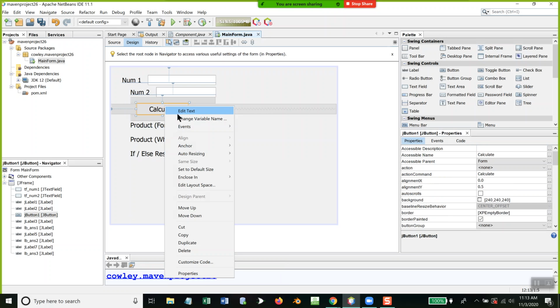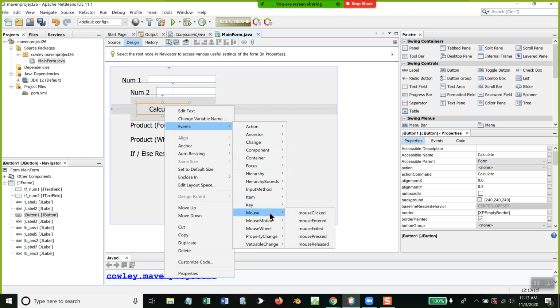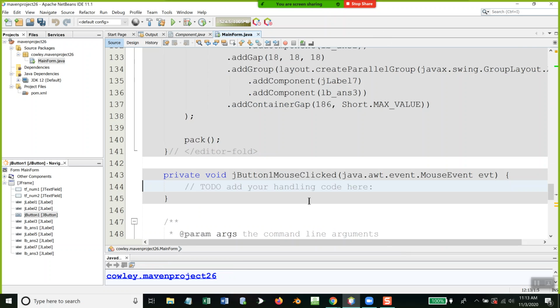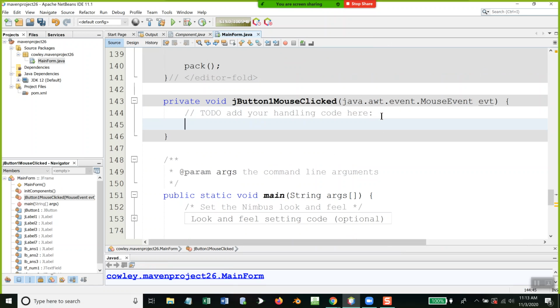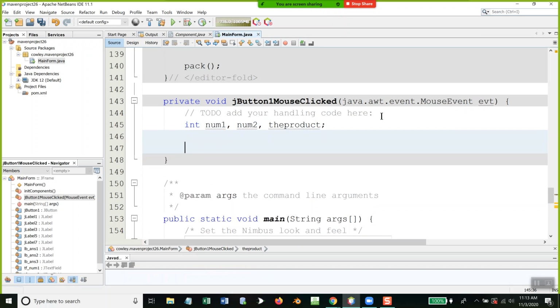Okay, so right click on this one, choose events, mouse clicked. Okay, I'm just going to work with integers. Let's make it a little bit easier. Num1, num2, the product. Guess that's good for now. I need to bring in those values. So we'll say num1 is equal to